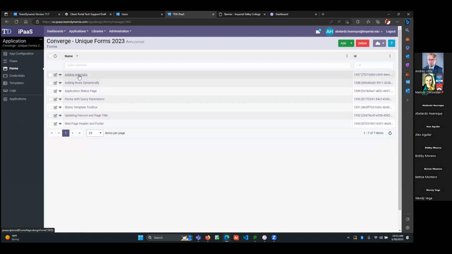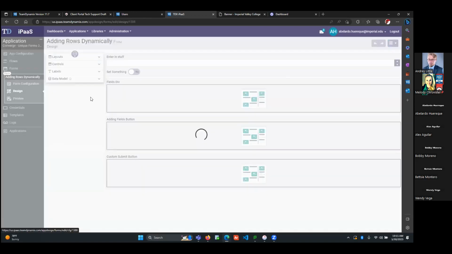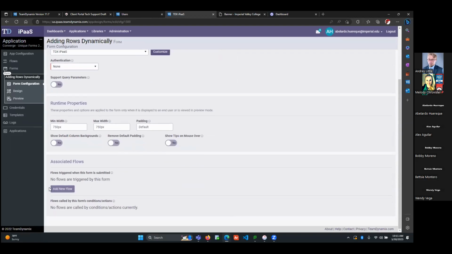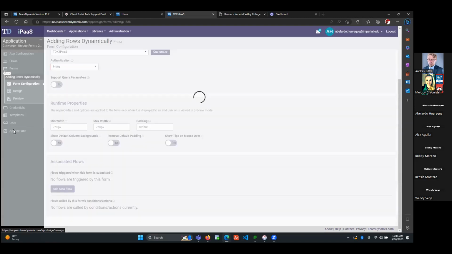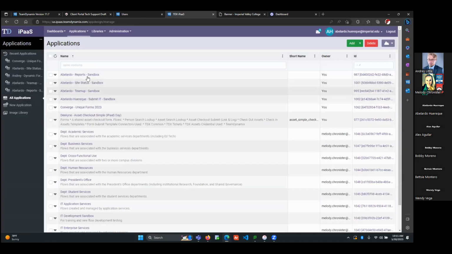Let me pull up a live version of what this can look like. To add it to an iframe, you go to configuration and DSO. The way I go about doing this is, if you go back to the flows in that application,